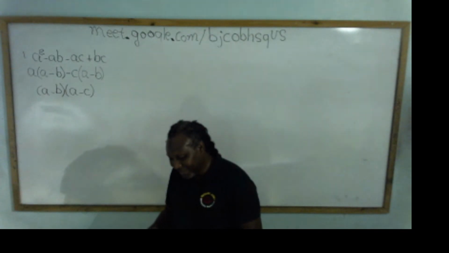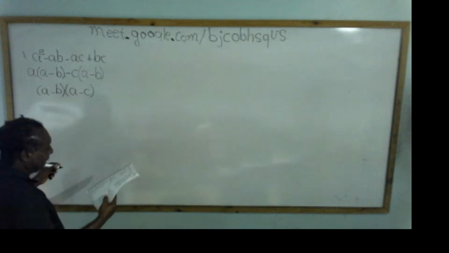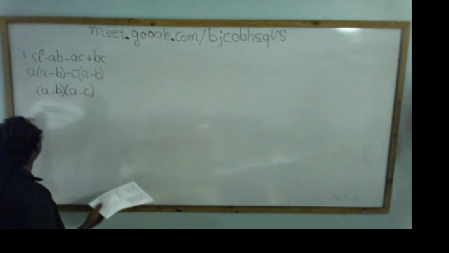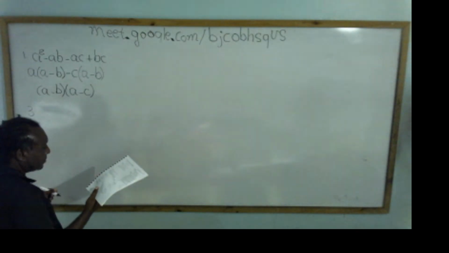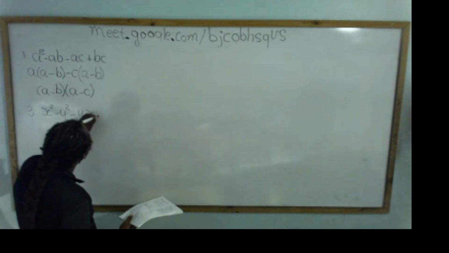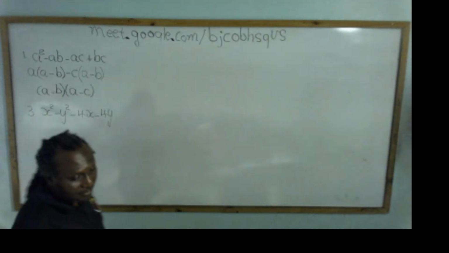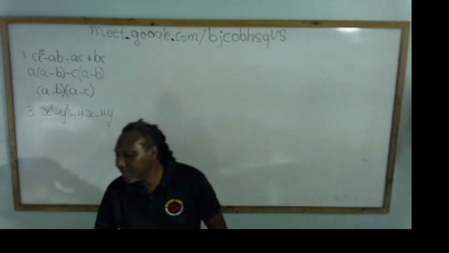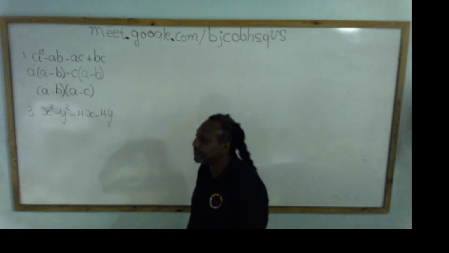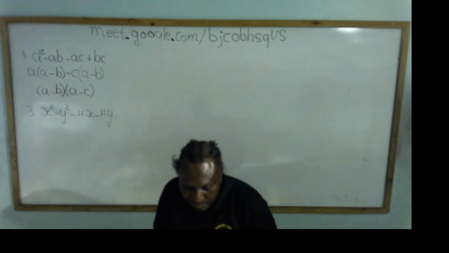What do we have? Your favorite trinomial. We're going to go all the way down to number 3. X squared minus y squared minus 4x minus 4y. That's nice. If that's not your typical factorization by grouping, but I am sure that there's something right there that you'll be able to